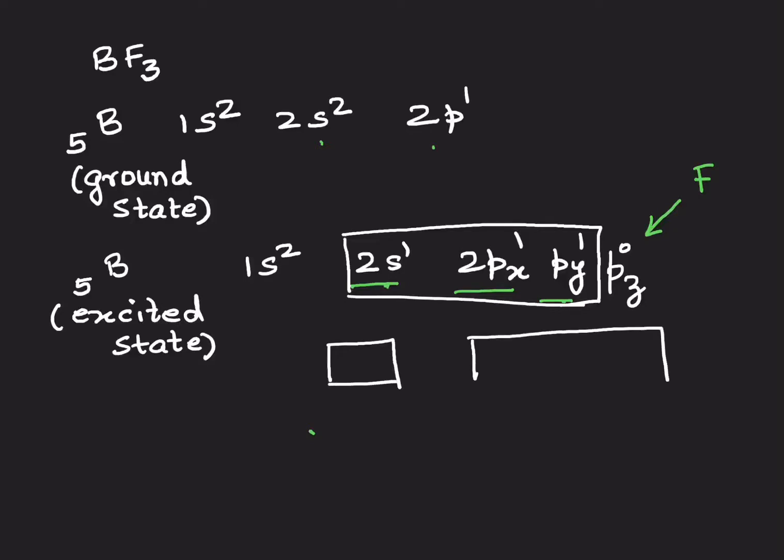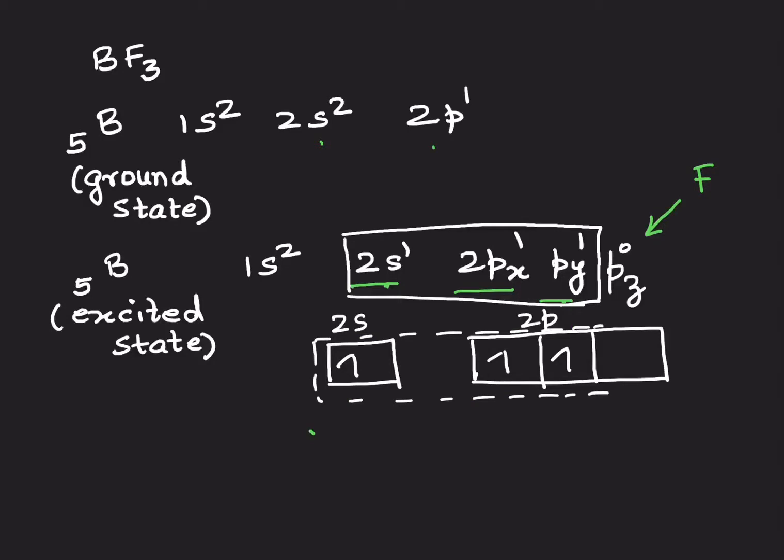Here again, you can either draw it as rectangular boxes or as circles. So, I have represented the 2s orbital and the 2p orbital over here. Now I am representing hybridization here, and what is it called? It is called sp2. Why sp2? Because one s orbital and two p orbitals are hybridizing. So sp2